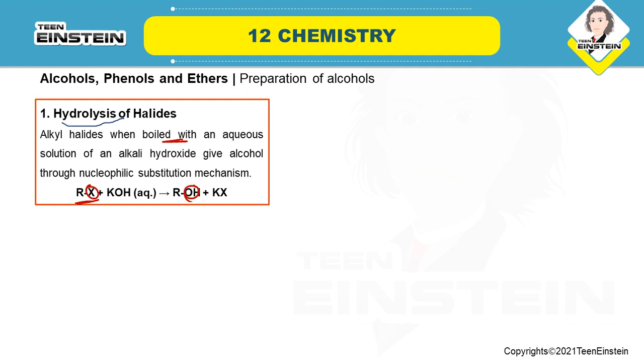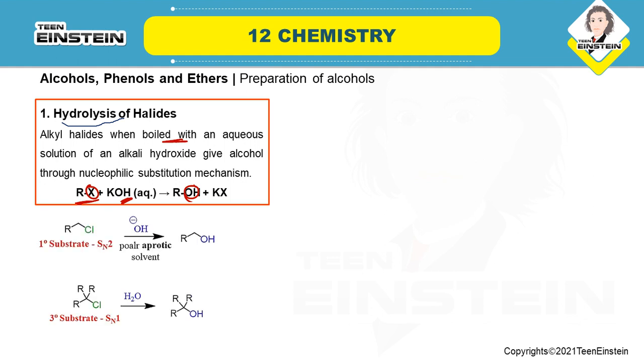This is nucleophilic substitution mechanism, because here the nucleophile is basically HO minus, and from KOH this HO minus is generated, but the actual nucleophile is HO minus. So that is nucleophilic substitution mechanism. Examples. This is 1 degree alkyl halide, and in this case SN2 mechanism is preferred. SN2, SN1 mechanisms are all discussed in detail in the haloalkane chapter, so you can refer to that